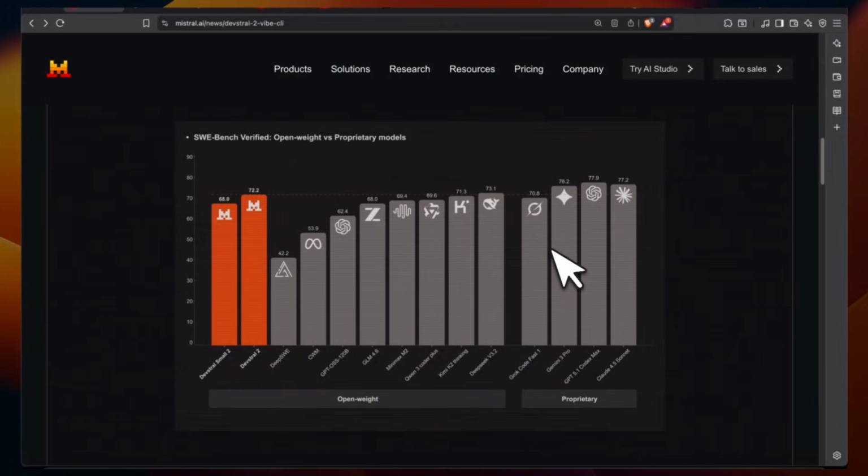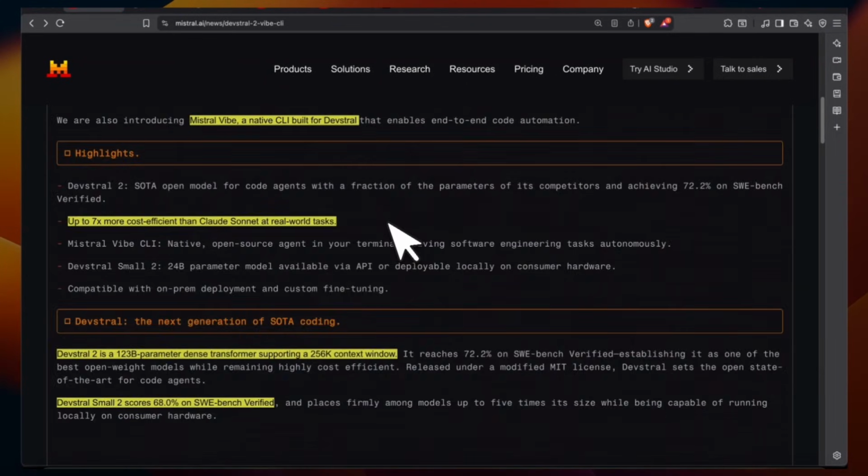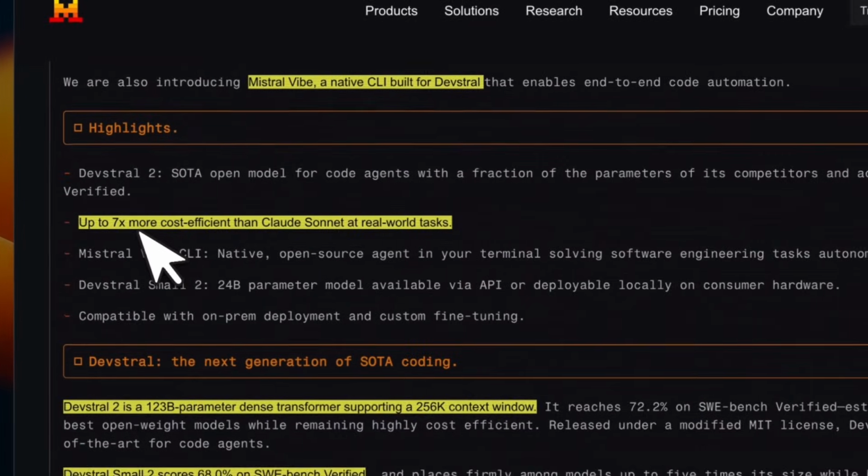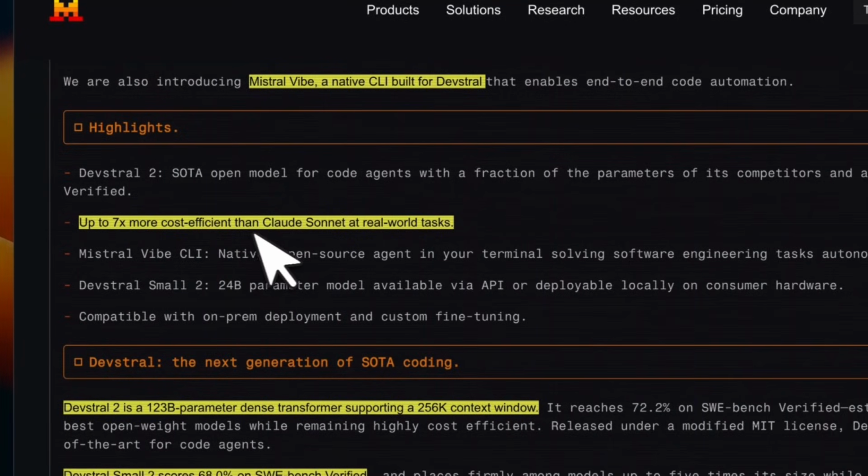Now, some very interesting choices in terms of benchmarks: they only reported benchmarks for SWE-Bench. They haven't mentioned any other benchmark at all. And they are comparing the bigger model directly with Claude Sonnet. So they say that it can give you up to 7 times more cost efficient coding compared to Claude Sonnet at